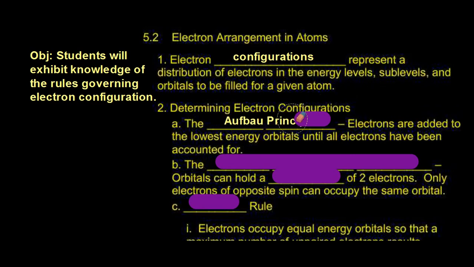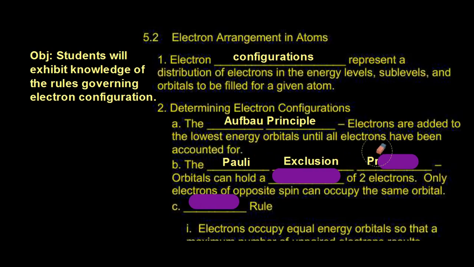Now, the Aufbau principle, and you kind of have to say it like that, it's got some attitude to it. The Aufbau principle is that electrons are added to the lowest energy orbitals until all electrons have been accounted for. That's the first principle. The second one is the Pauli exclusion principle, and this one has to do with the